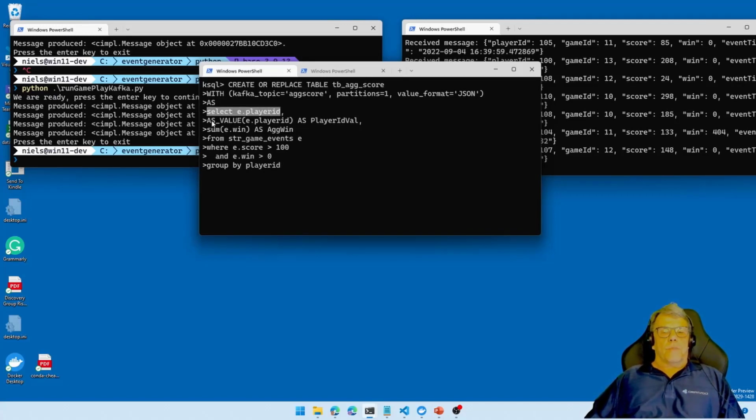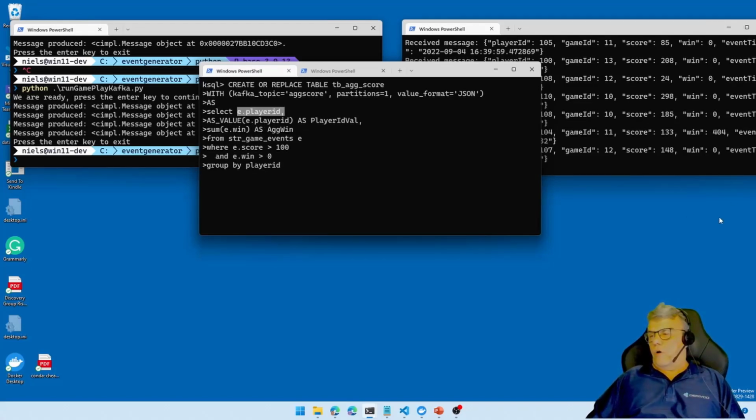We're then doing something weird where we're saying as value player ID as player ID val. I'll talk about that in a second. We are doing a sum of the win as aggregated win, and we are saying from stream game events where score is greater than 100 and win is greater than 0. And we are grouping it by this player ID.